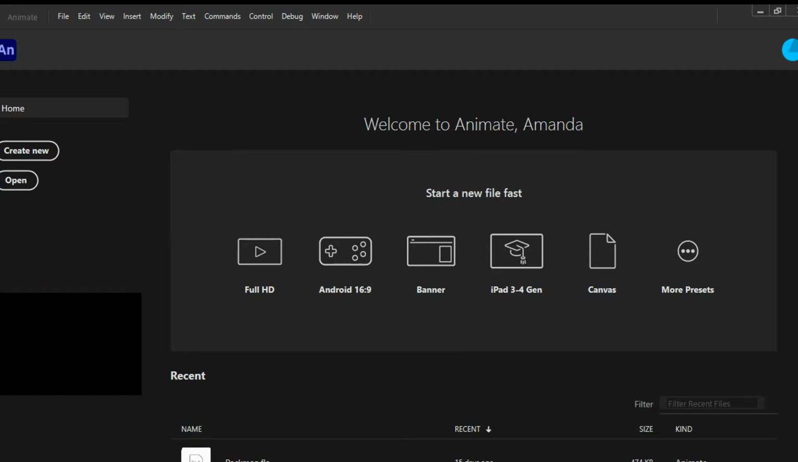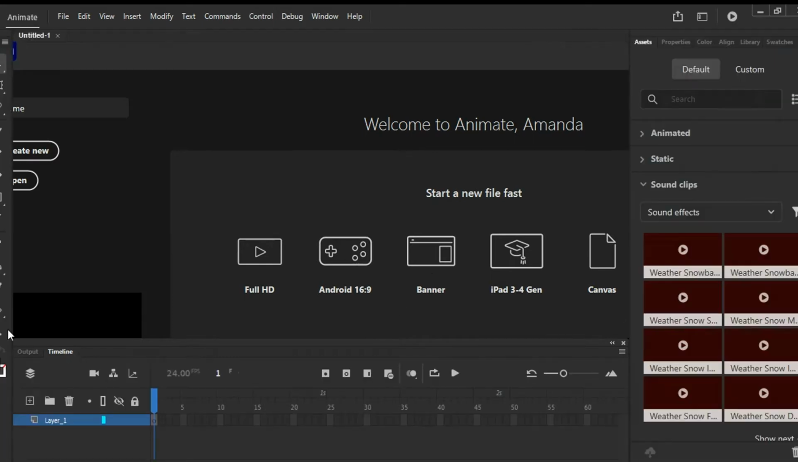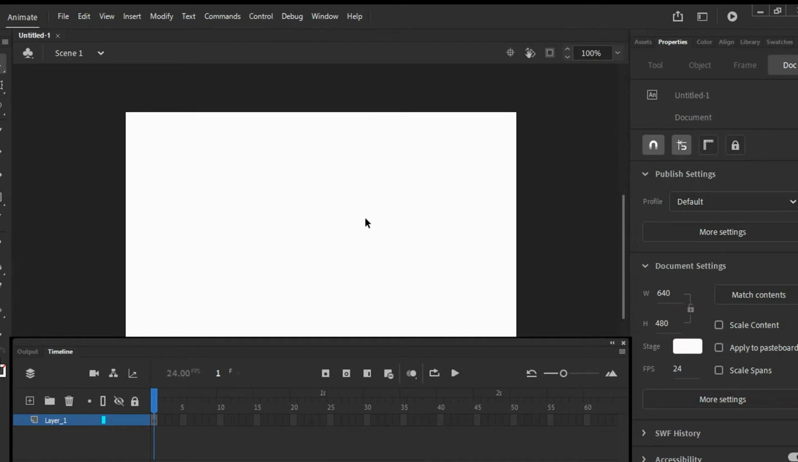and it might take a second too, but as you can see, my mouse is a swirly swirl. That's what I call it. And you can see that it is loading. Okay, so as you can see